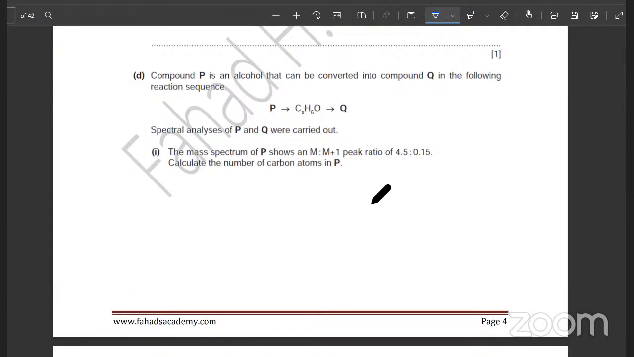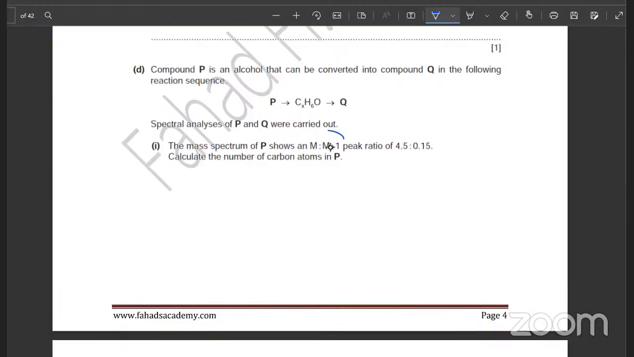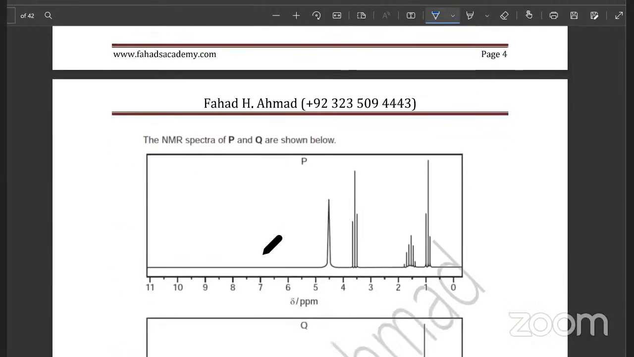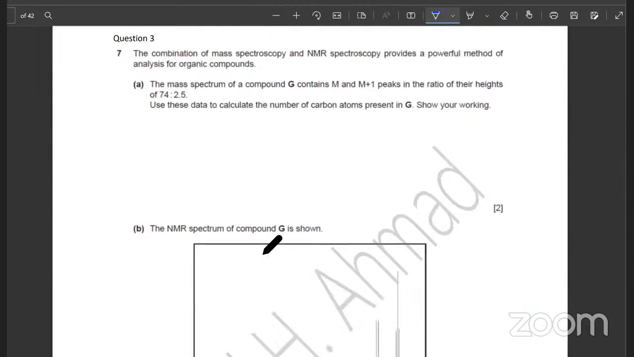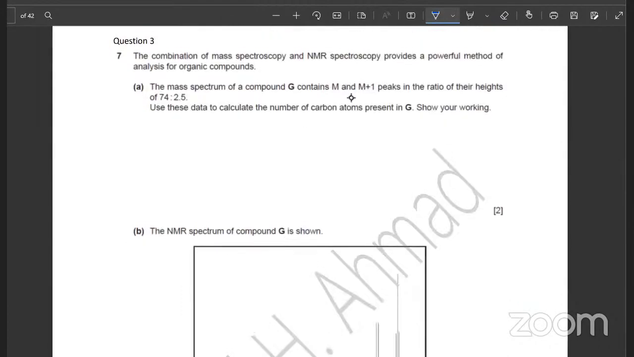The rest is all A2 again, M+1 ratio. Just apply this formula. That's it. Okay, that's the first thing. It's a very basic thing. That's just the first thing. So ignore all of this. Again, M+1 ratio. Figure out the number of carbon atoms. Is that clear? That's the first thing. Yes, sir. The other thing is,